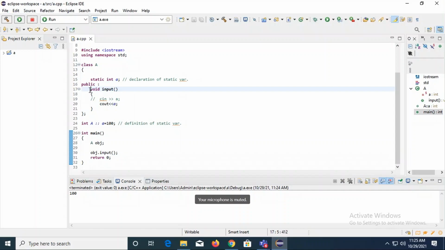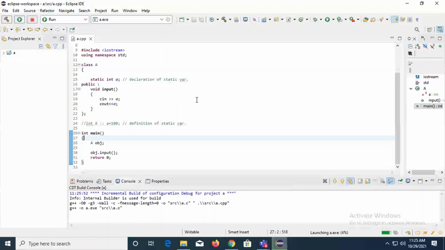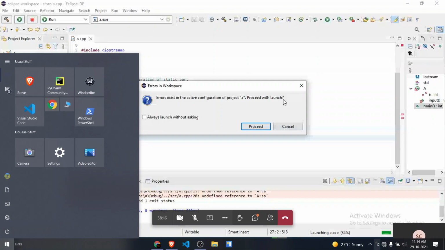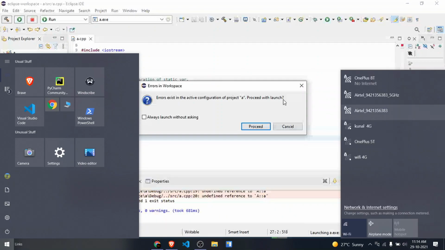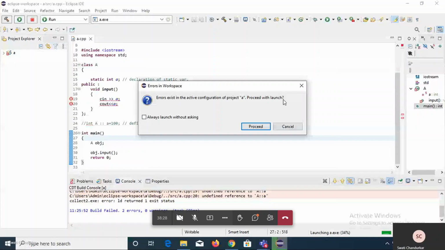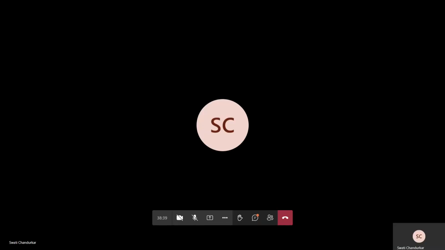It is giving me a reference to a. Class name, scope resolution, a.